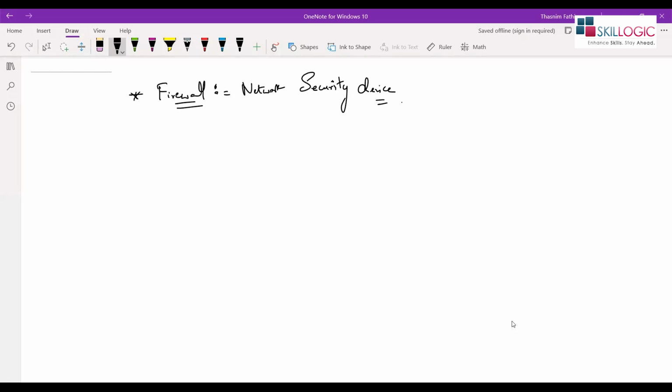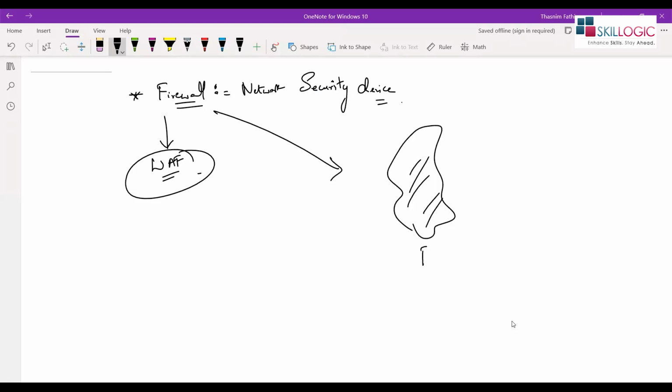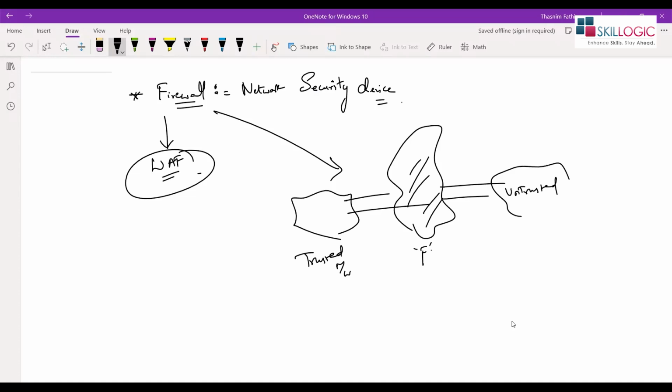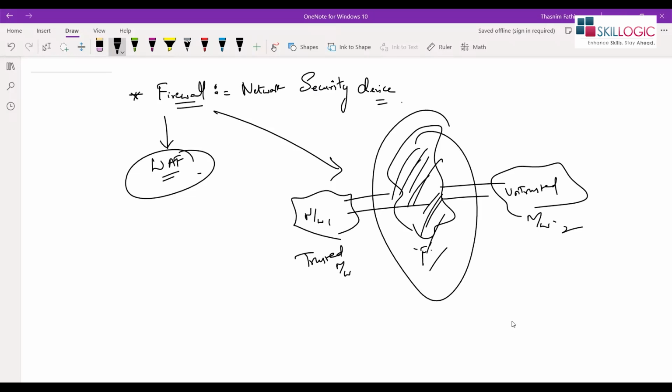In every organization, we must implement web application firewalls. We have to use modern firewalls because firewalls are nothing but a barrier between a trusted network and an untrusted one. Let's say this is network one and this is network two. A firewall always stands as a barrier between the trusted network and the untrusted. Untrusted zones are the public internet zone. The trusted one is inside our organization's network.